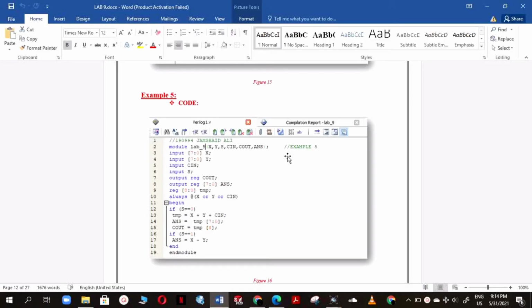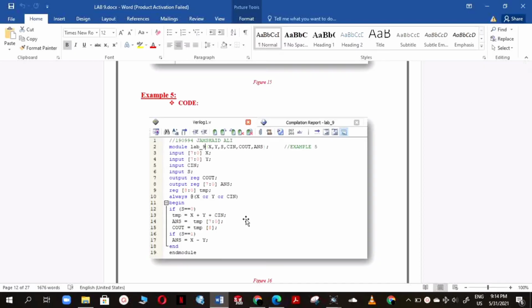So here I use always condition for our if condition, and after it always I begin our code, and if selection lines is equal to 0, then our temporary case will run, which is equal to x plus y plus carry in, and in this case our cout is equal to temporary 8-bit, and if our selection line is 1, then our subtraction case will run, which is equal to x minus y.